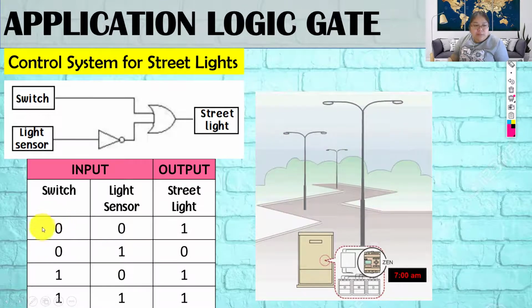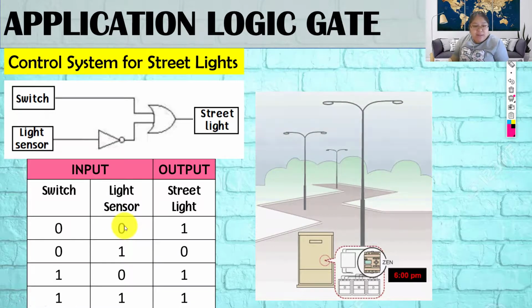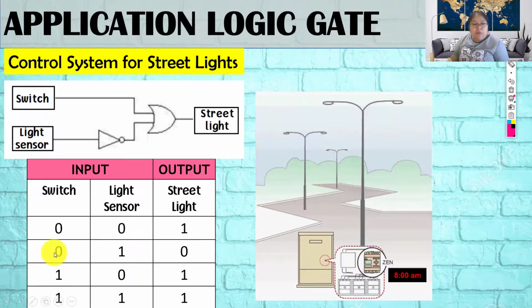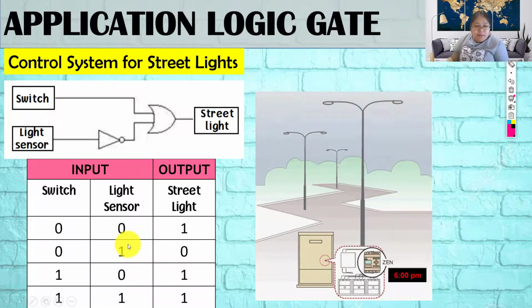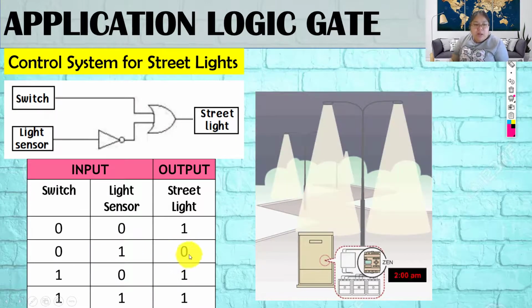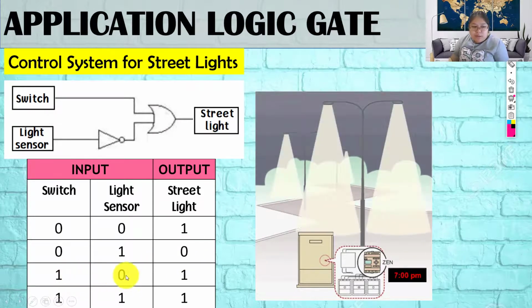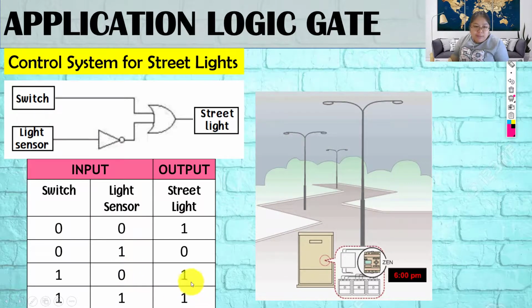When the switch is zero, the sensor senses whether you got any light, then the street light can be one. When the switch is closed and the sensor senses one, then the street light will be off. When the switch is just open, the light sensor, I don't care whether it senses 0 or 1, the street light